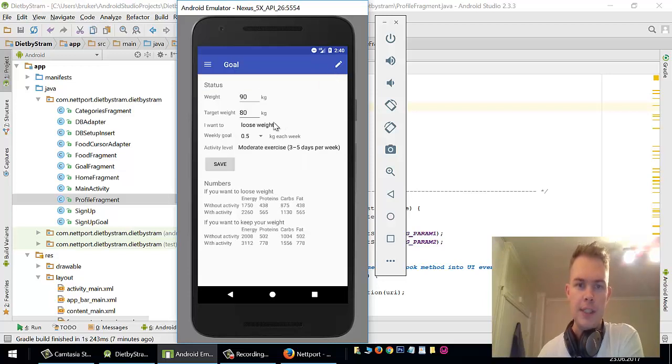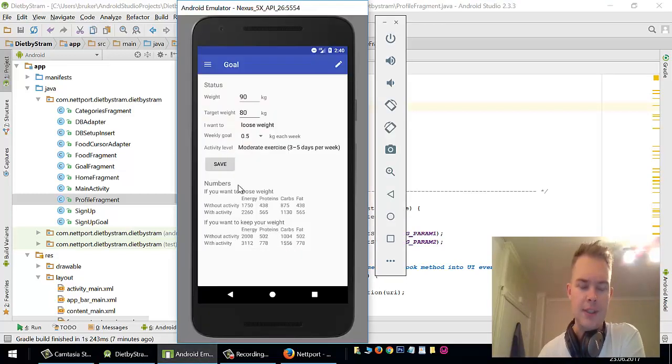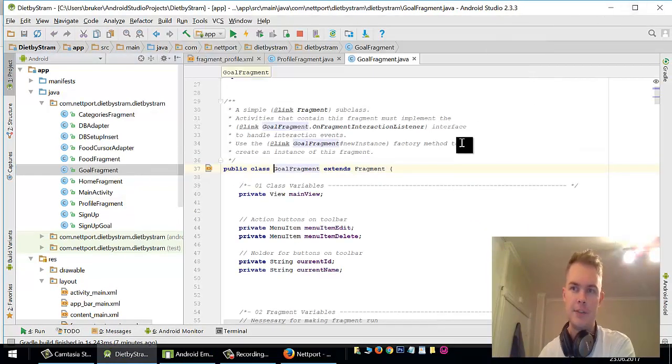I can go to edit and just edit status, and the numbers will update. So this was not advanced, but there are so many numbers. 1, 2, 3, 4, 8, 8. So it's 16 different calculations. So it's not advanced, but a lot of different things that have to